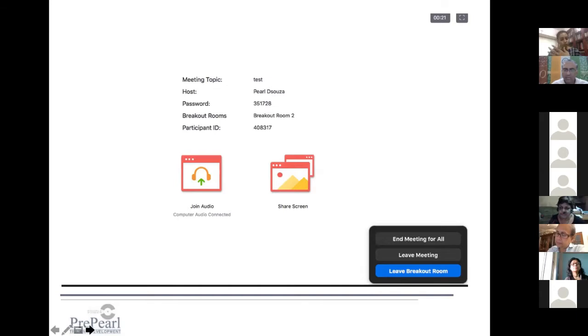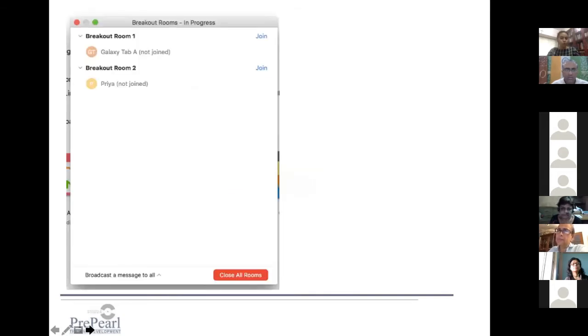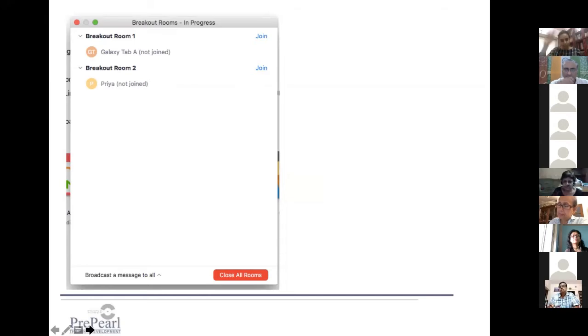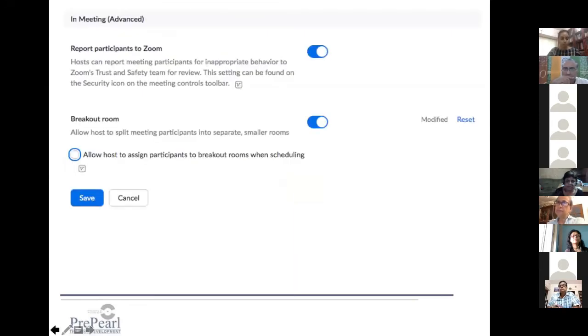Okay. And in order to get them all back on your screen, you will see one bit over there that says end breakout rooms. See over here, close all breakout rooms. Sorry. So you come back to this thing, it says close breakout rooms, and everyone is just taken out from their breakout rooms and brought back into the main room. Exactly like how it happened last time. Yeah. The default is 60 seconds. Once you say close rooms, everyone gets an intimation saying 60 seconds to close, and then automatically everyone comes back. So that's with the breakout rooms. Okay.